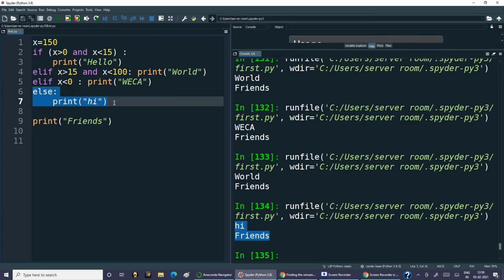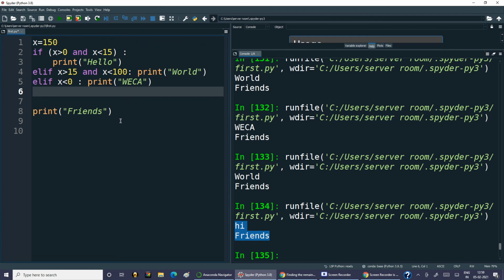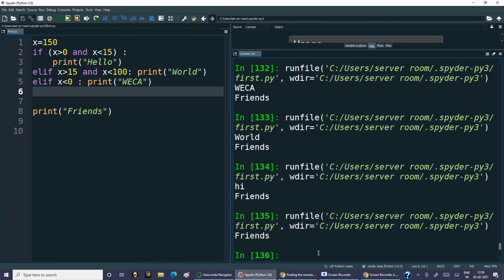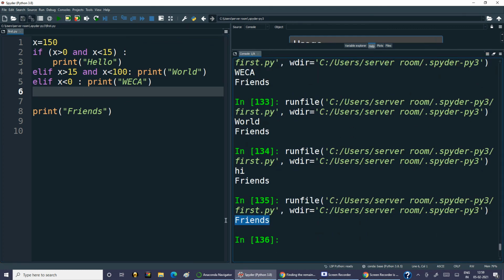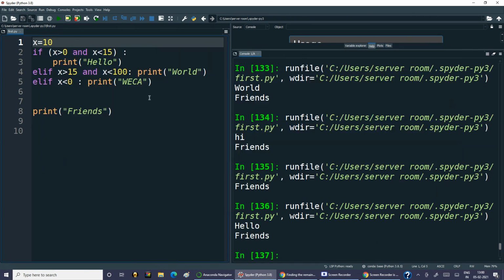Let us also check what happens if I remove this else. If I remove this else and try to run it, you see here the output is friends. Only this is printed. If I give a value between 0 and 15, say 10, it gives you hello from here and friends from here.